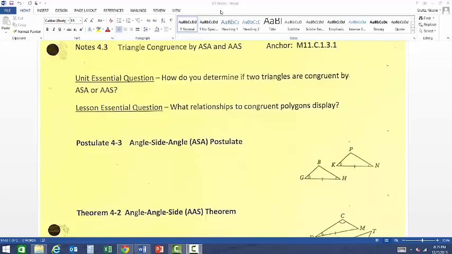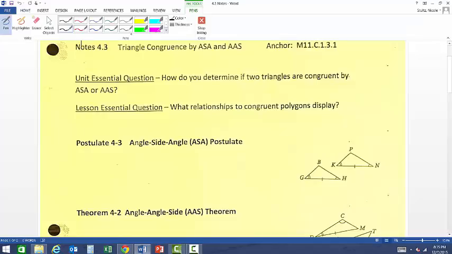Today we're going to cover two more of our triangle congruence theorems, and they are called angle side angle and angle angle side, and we abbreviate them using ASA and AAS. So the first theorem